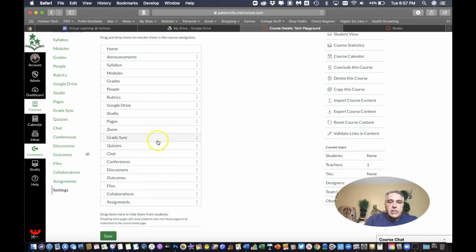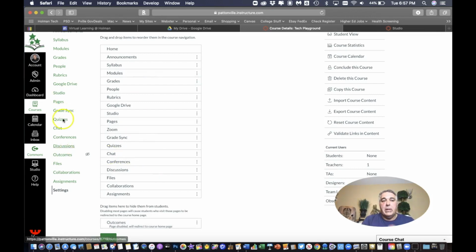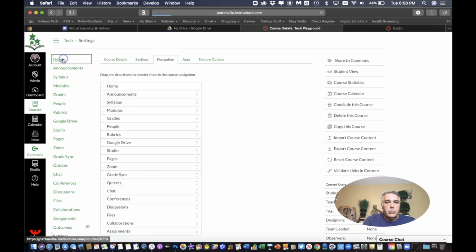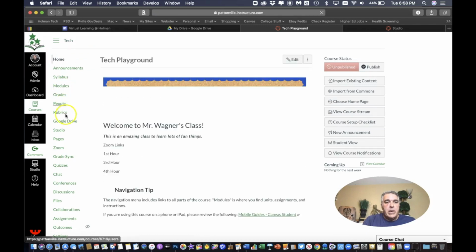Now, if there's other things in here that I know I'm not going to use, I can go ahead and just drag those down to the bottom to turn those off if I don't want those things to show up in my list. So you can always add things back and forth later, but first thing I need to do is make sure I drag Zoom up here to the top, and then I'm going to go ahead and click Save. Now once I've done that, I can go back home to my home page, and you'll notice that Zoom